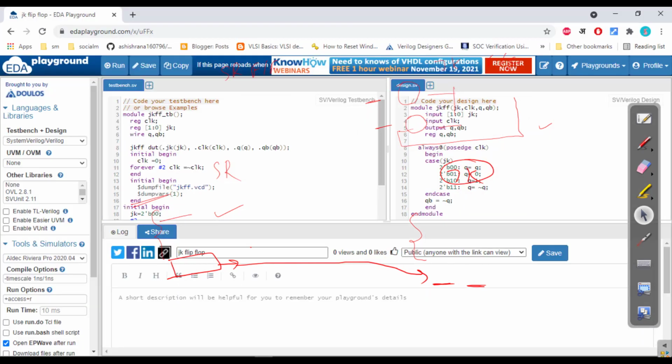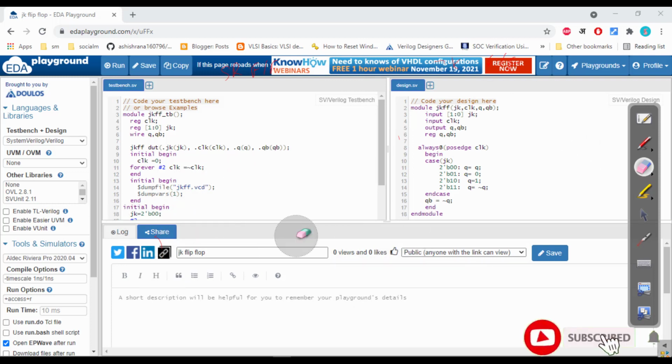If you have not watched the Verilog code for SR flip-flop, go and watch that video. Now see, in the SR flip-flop it was an invalid state. When it was 1 1, Q was the high impedance state. Now it will be Q complement. This is the change we have made, and all the coding is the same as SR flip-flop, because it is similar to that only.